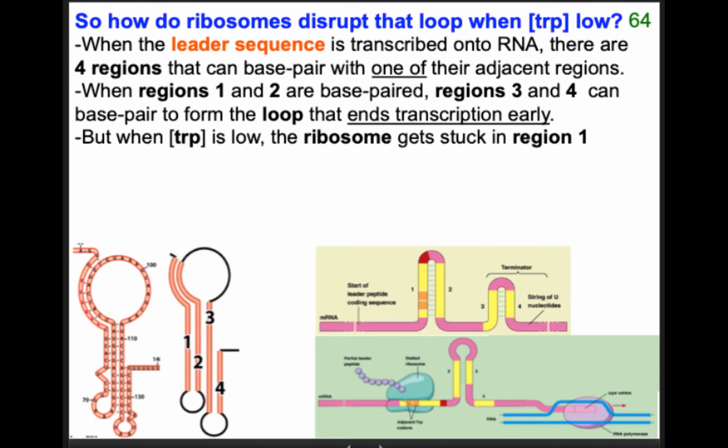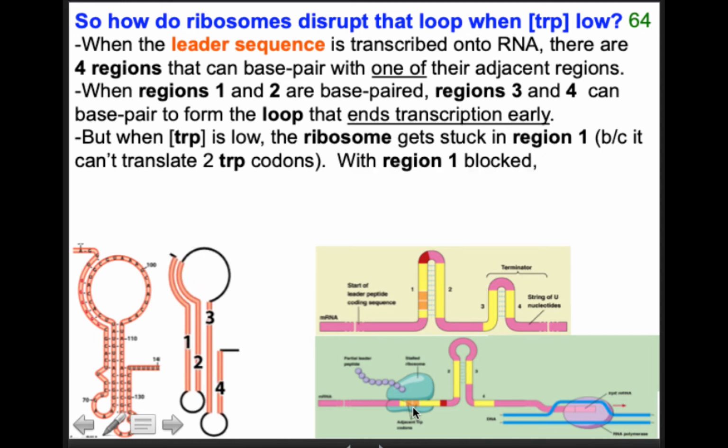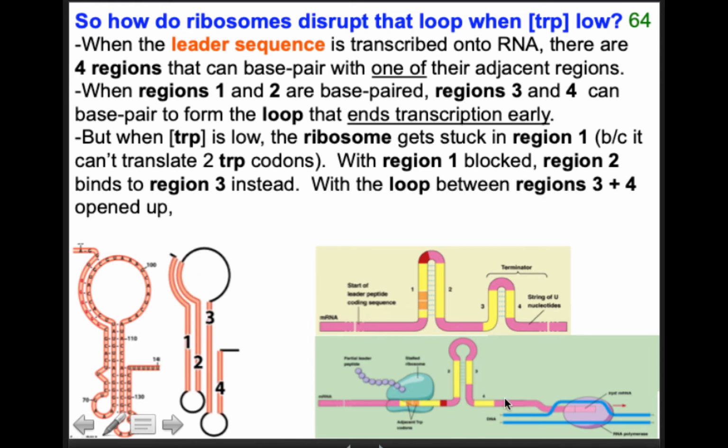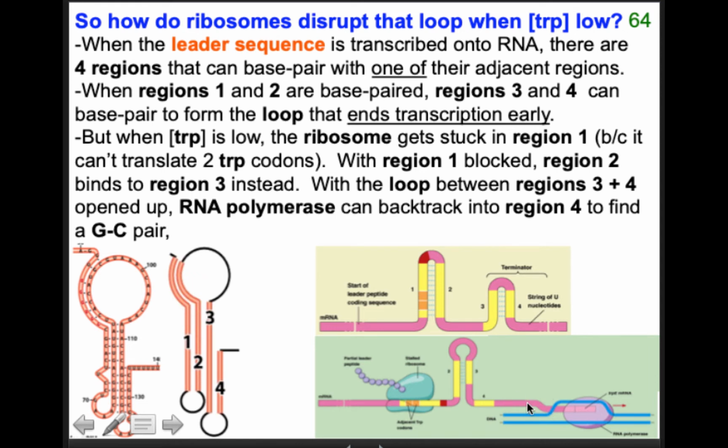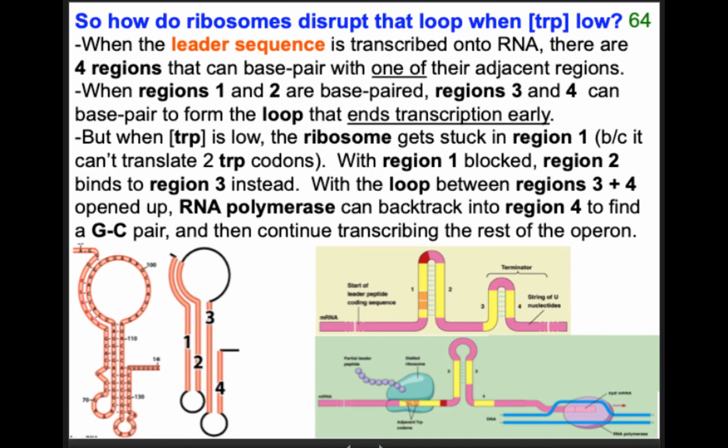structural genes, right? Because the ribosome got stuck in region 1, because it's waiting for these tryptophan codons, it needs 2 of them, it doesn't have enough tryptophan to do that for now, right? Then that blocks region 1 from binding to region 2. So region 2 goes ahead and binds region 3, making a loop between 2 and 3, unlike 1 and 2. So 2 and 3 get joined together, and then region 4 opens up so that RNA polymerase can now back up onto region 4, find its GC pair, and then continue transcribing the rest of